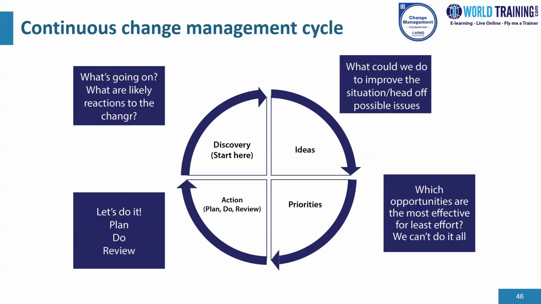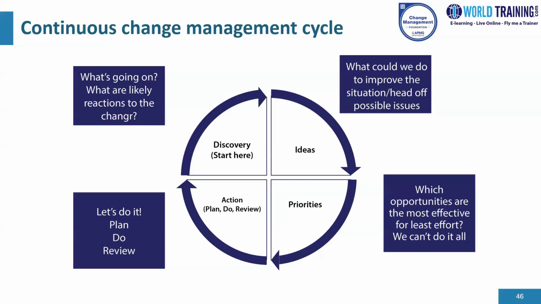So we start at the discovery step. This is always the starting point. Although this is part of the cycle, in practice, it is often a continuous process. Initially, it would include assessment of the change impact and readiness. Later, it would include an assessment of how effective change management interventions have been, assessing the reactions of affected and unaffected stakeholders and looking at implementation. Now, for voluntary adoption, what is the rate of take-up? For other types of implementations, how effectively are stakeholders working in a new situation?